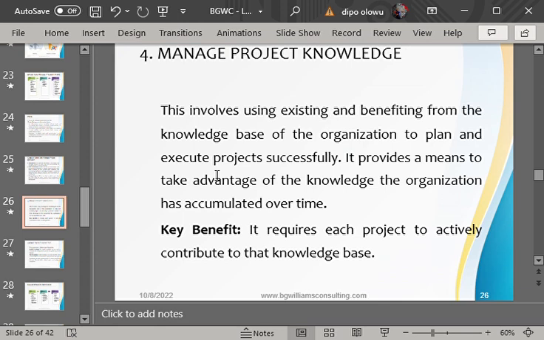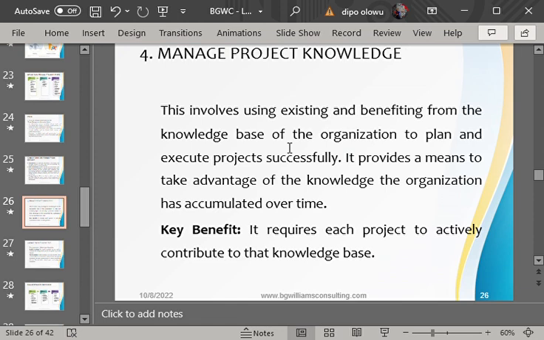Now, when we say manage project knowledge, as you can see on the screen, it is when the project manager tries to take advantage of the existing knowledge in the organization and use it to work on a plan or on a current project to have success.